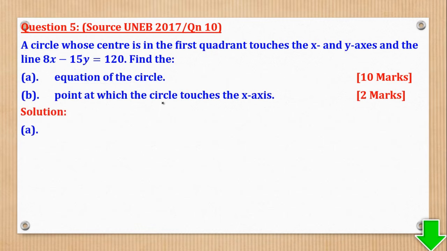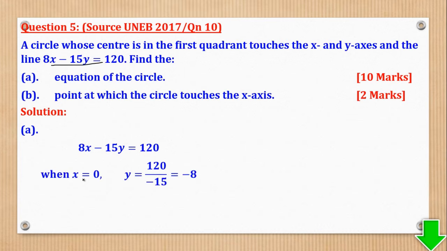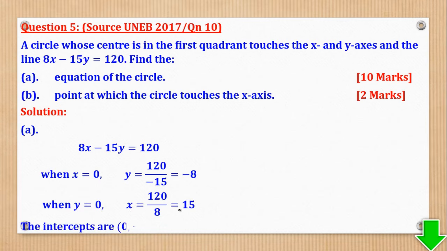So there we shall come and say that, from this equation of the line, when x is 0, y will be negative 8. And when y is 0, x will be this. So we are getting those intercepts because we have to make a sketch and draw, and we need to draw